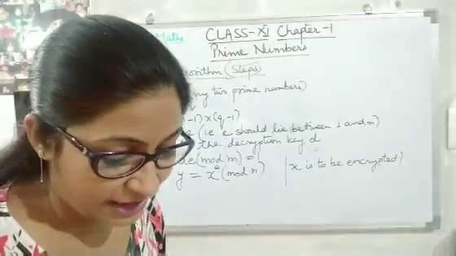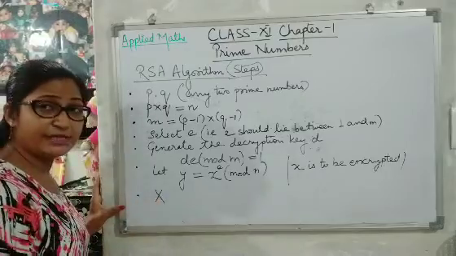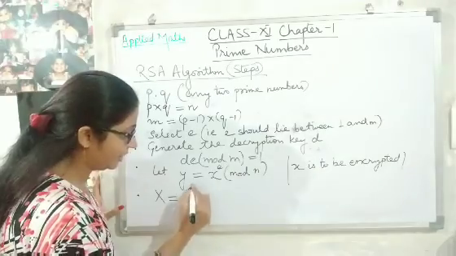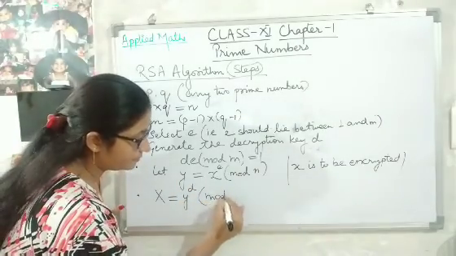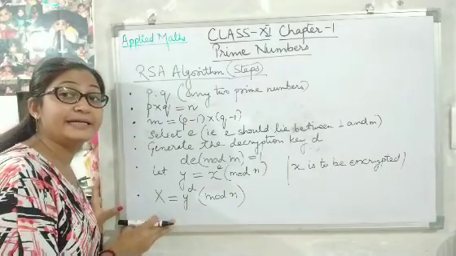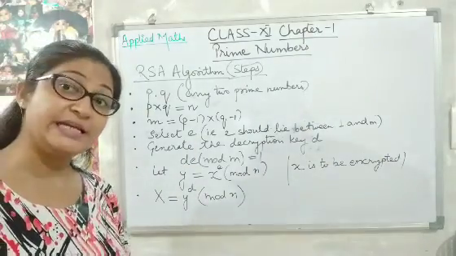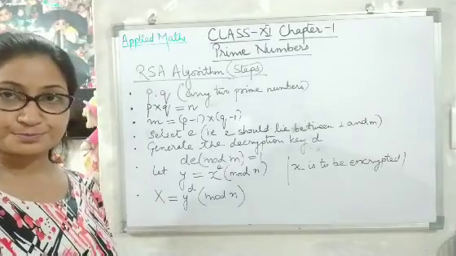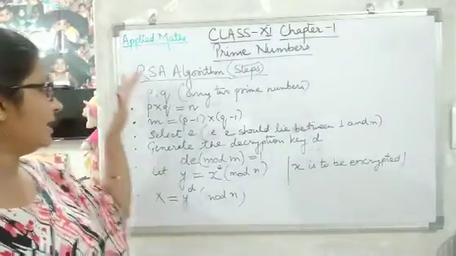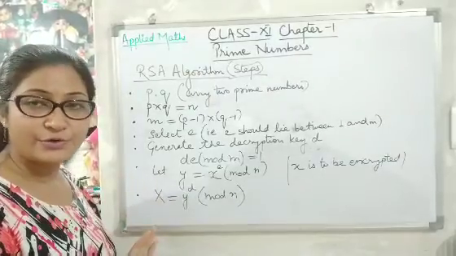Okay, and then we have the last step here. Let it be denoted by capital X. This is for the decryption. So this turns out to be y to the power d mod of n. And from here we will get the decrypted key. Continuing with the same topic, I have to explain a few more points. Then I will take an example to tell you what and how you have to do. Okay, so these are the steps to solve the RSA algorithm.